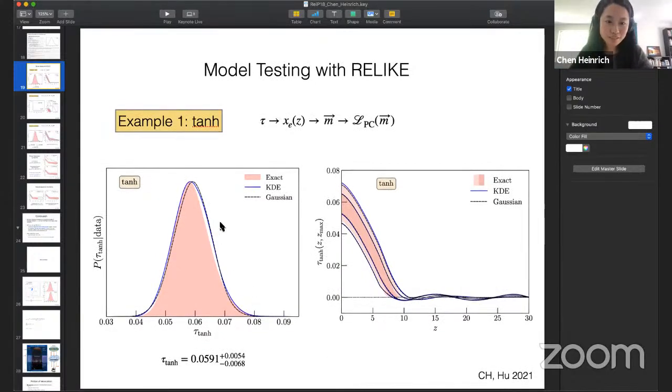Okay. Yeah, so here we test the code with the tanh model, and so pink is the exact where we actually went to modify CAMB. CAMB already had tanh, but in the next example, we'll have to modify the xe of z function and hook it to Planck likelihoods. That's the pink. That takes like 24 hours to run on a node with 8 cores on the cluster. KDE and Gaussian reproduce it pretty well, and just note that the Gaussian just took 1 second. If you want to run the MCMC, it's gonna take 5 to 10 minutes to converge. It's really, really fast.